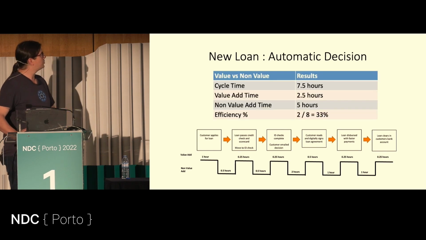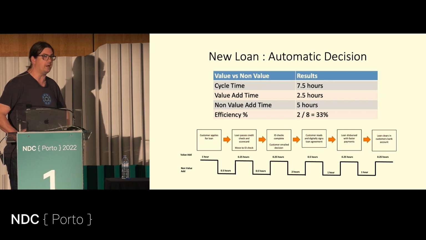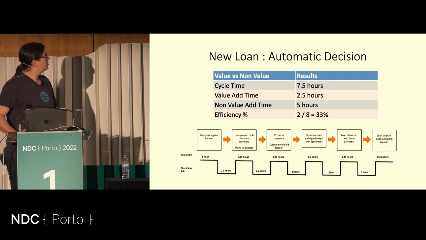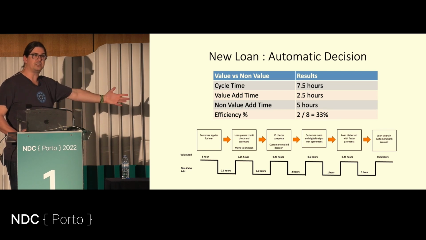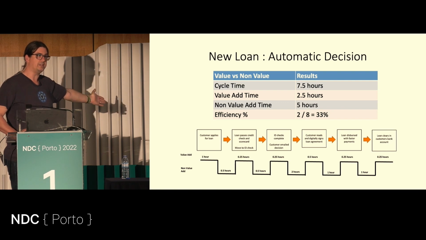So here, the total cycle time was 7.5 hours. The largest part of that was probably waiting for the person to read their email and then probably wait till they get home before they actually do anything with it, because they might not necessarily do it while they're at work. So the value added time is 2.5 hours, and the non-value added time is 5 hours. So here we've got an increase in efficiency. It's still not very efficient, it's only 33% efficient, but we can instantly see that it's much more efficient than